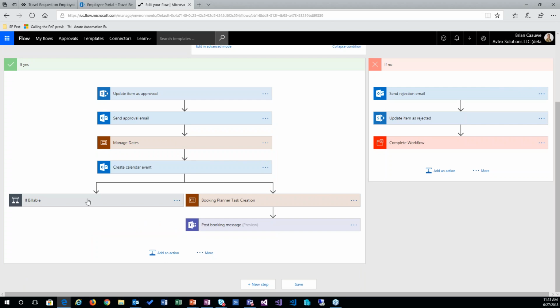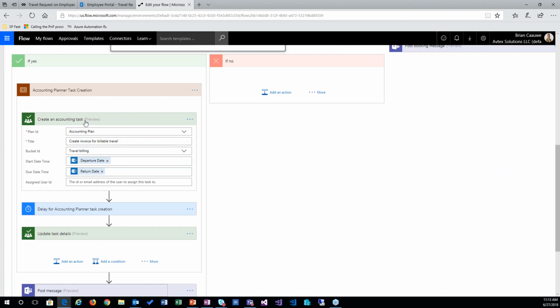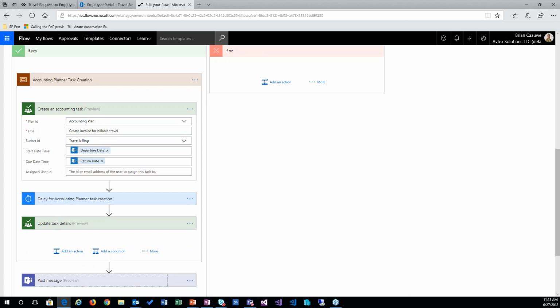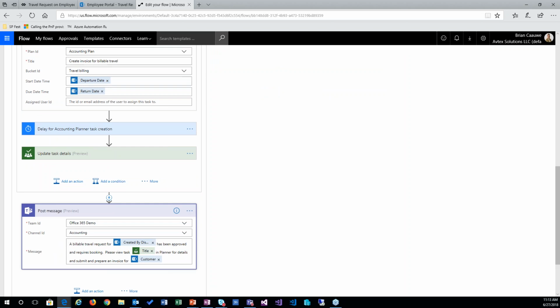And then I'm going to have parallel branches where, if that was a billable request, I'm going to go ahead and create a planner task inside of my accounting plan that says, hey, we're going to need to create an invoice, throw a delay in here so I can update the actual task, and then maybe even go ahead and post some information inside of Teams. So this instantiates from SharePoint, it communicates through Outlook, and also posts information to Planner and through Teams in a